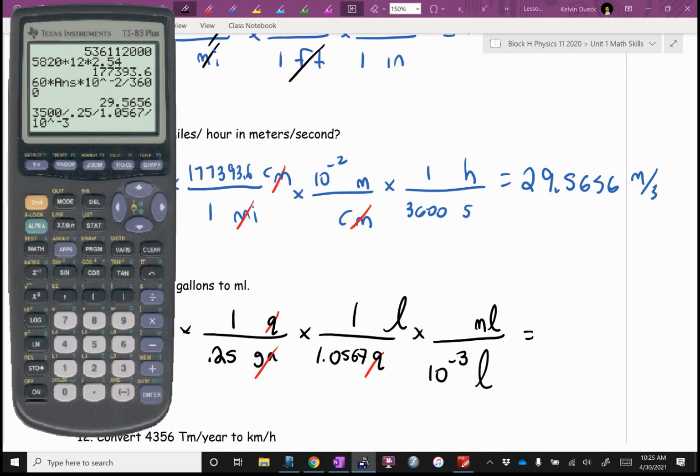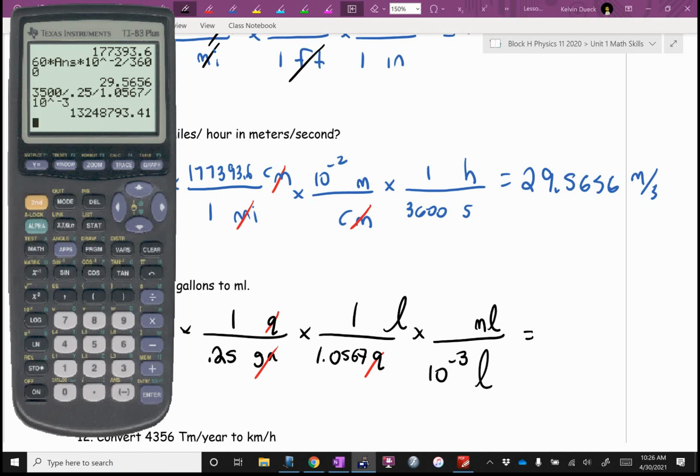You could move it to the top and multiply by a positive 10 to the 3, but all I'm saying is I've got a method that works. Again, if you're getting the right answer, I don't care how you do it. And there's all sorts of shortcuts. But that would be putting a power of 10 next to a metric prefix, which is not the method that I'm teaching you. It works, but